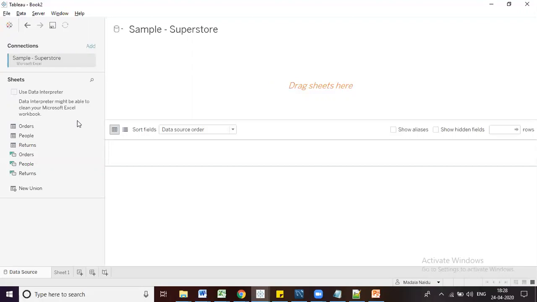It helps a lot to clean up your data. Finally, it will ignore unnecessary things and identify the actual data we require for our analysis. So this is the use of the data interpreter. Now we will see one example of how it works.